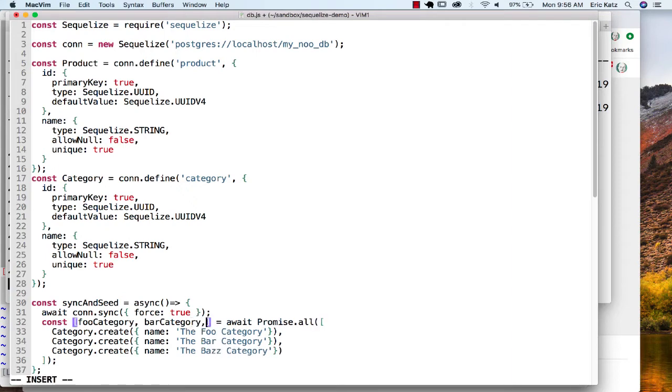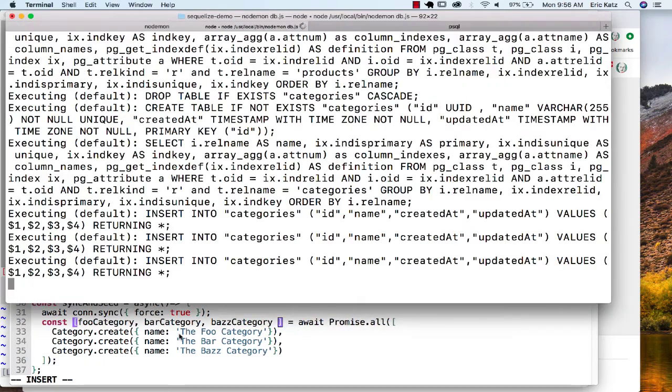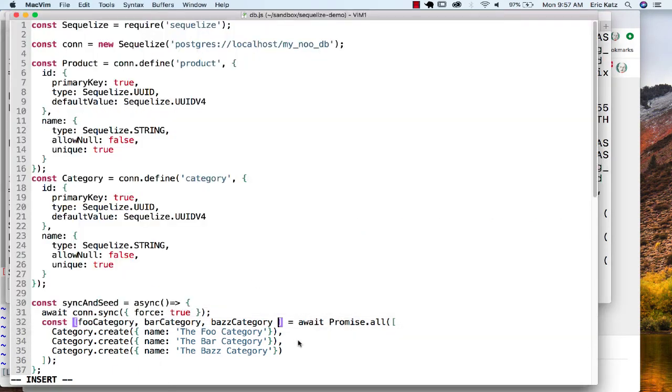And we'll go over here and we'll say Baz category. If I was to go over here and look at nodemon, I would see my three categories here. And if I was to go over here and actually console.log, it's kind of interesting. So if I console.log foo category,